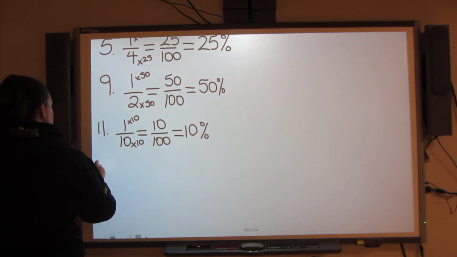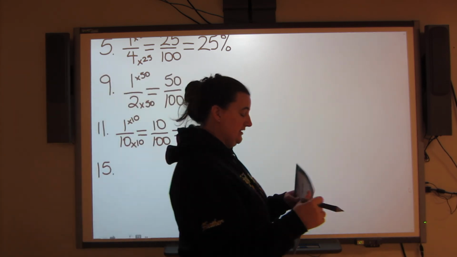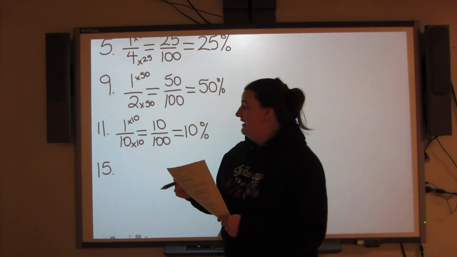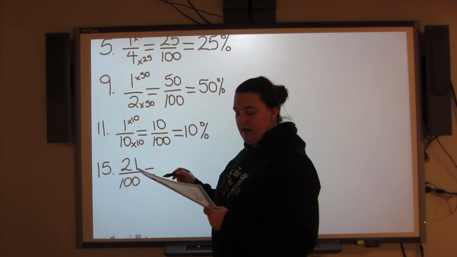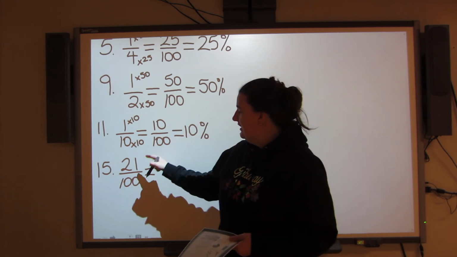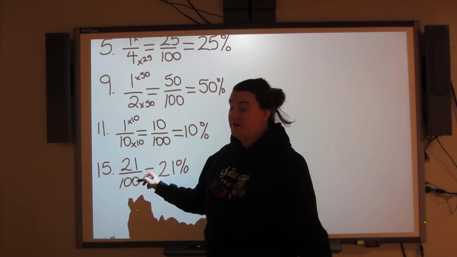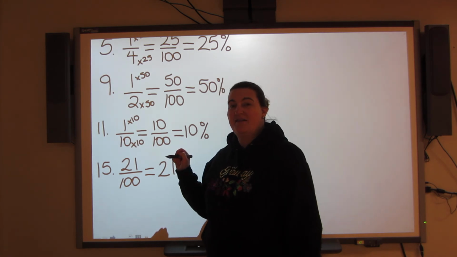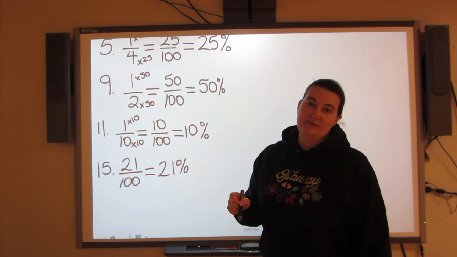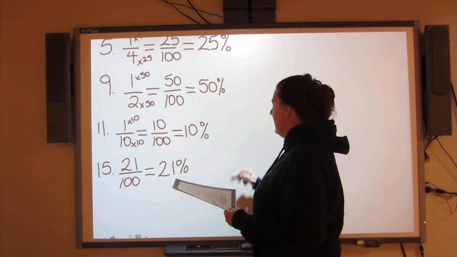All right, if you take a look at number 15, number 15 gives you fractions, and they've already got 100 on the bottom. So number 15 has 21 over 100. 21 is my percent because 100's on the bottom. That's how you know. If you have a fraction and 100 is on the bottom, 21 is your percentage, whatever's on the top. But then if you take a look at number 18,